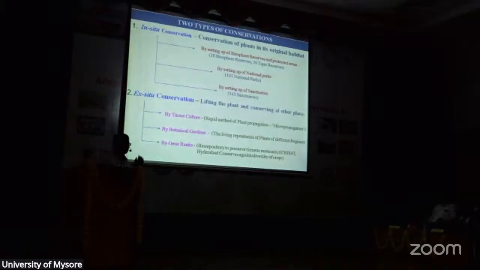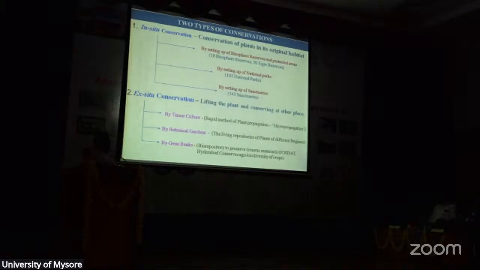Of course, coming to this conservation aspect, I'm going slowly, one by one, and in the second part I will be a little faster. If you understand the first half properly, then you will appreciate the second part. Right. Generally, biodiversity is conserved in two important ways: one is in situ conservation and the other is ex situ conservation. Of course, I will not concentrate on in situ conservation today, with the paucity of time.